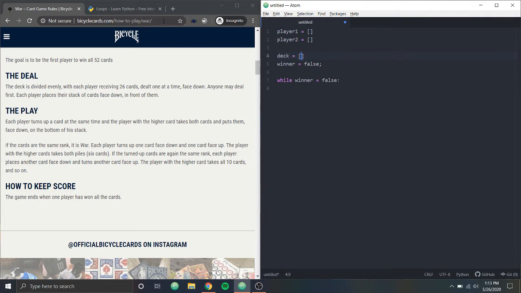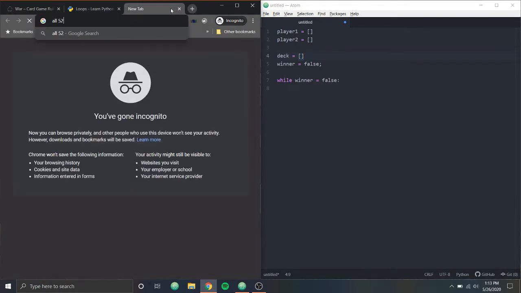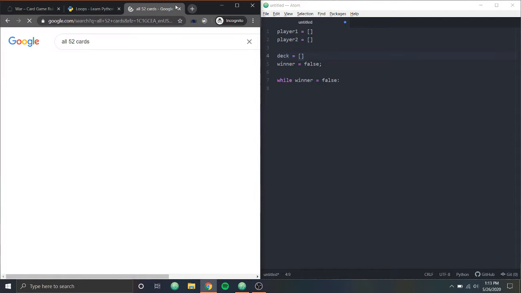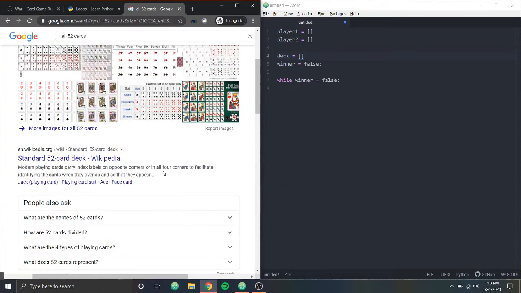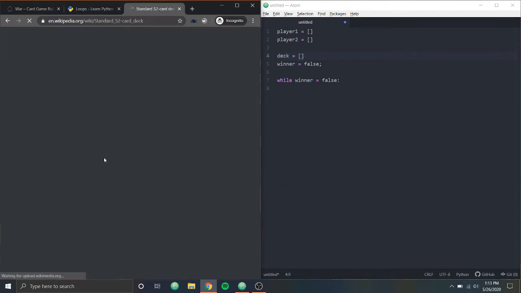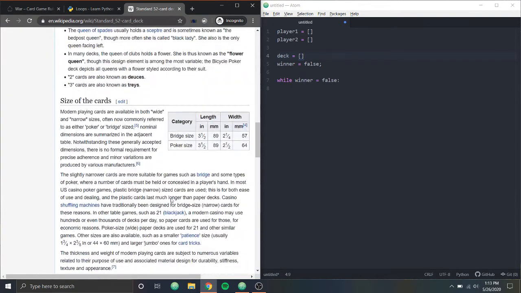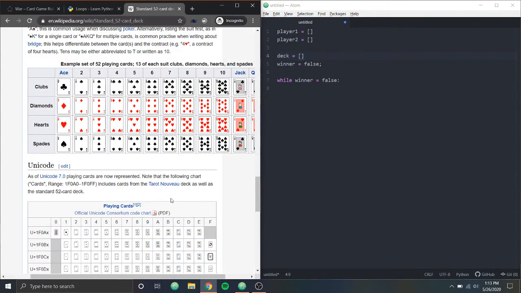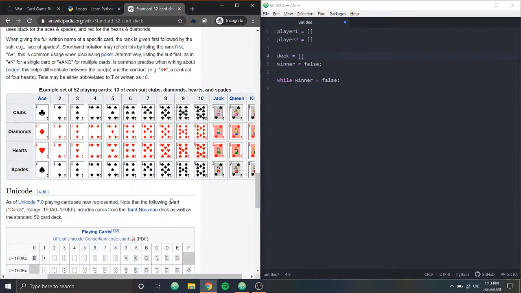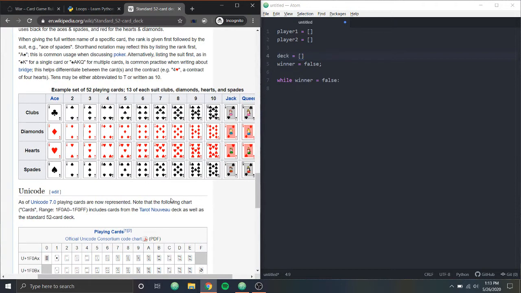But I don't know. Let's just make sure we know what the cards are, all 52 cards. I don't want an image, I just want to know what they are. I'm pretty sure I know the ones, but, alright, here's an example set. What we could do as well, since I'm lame and I don't want to do that much work yet, we could create a deck by starting out with clubs, like the ace of clubs,